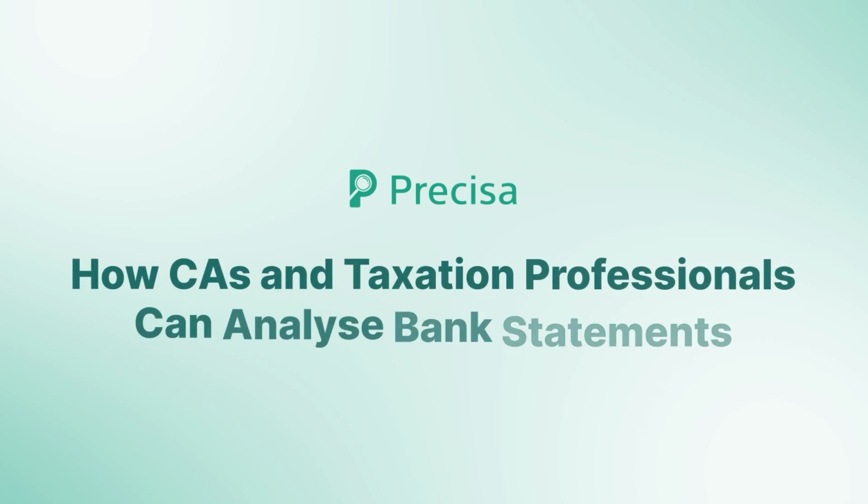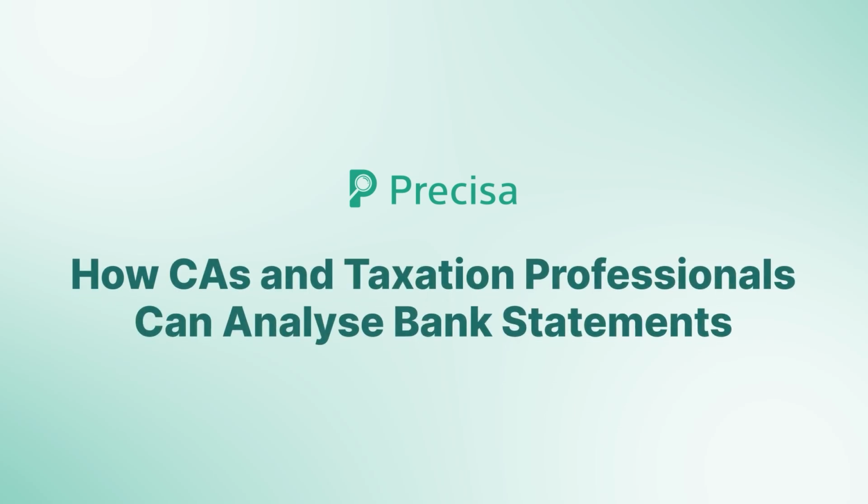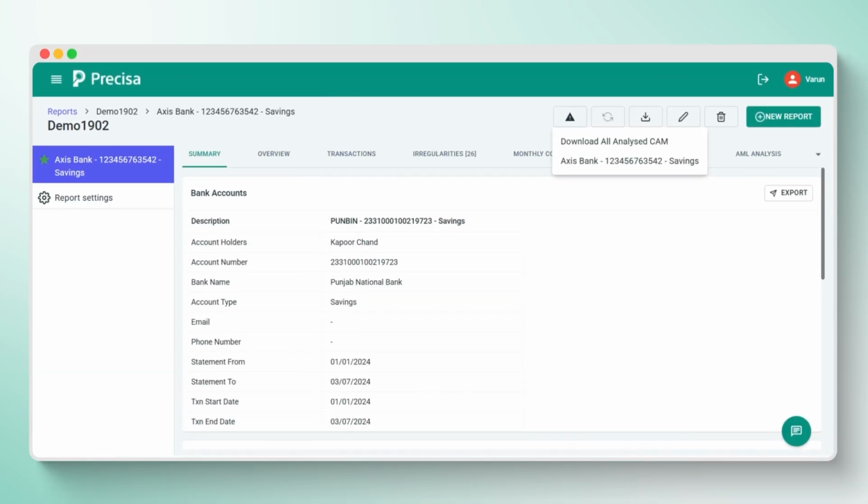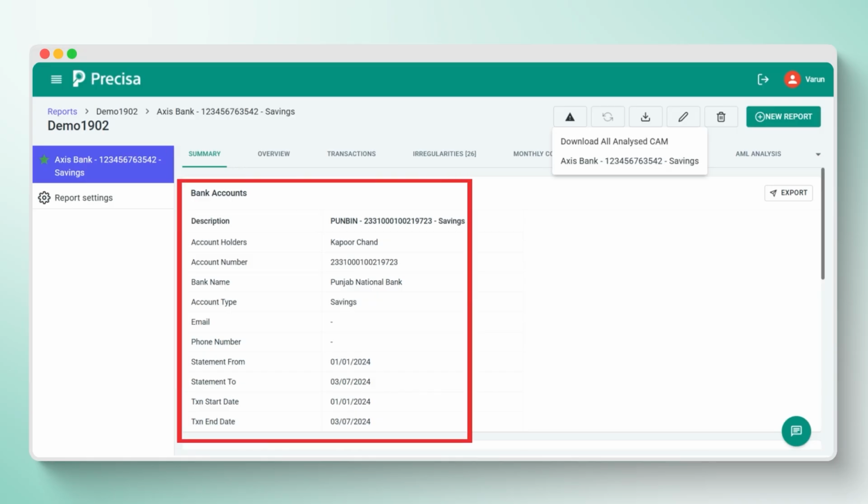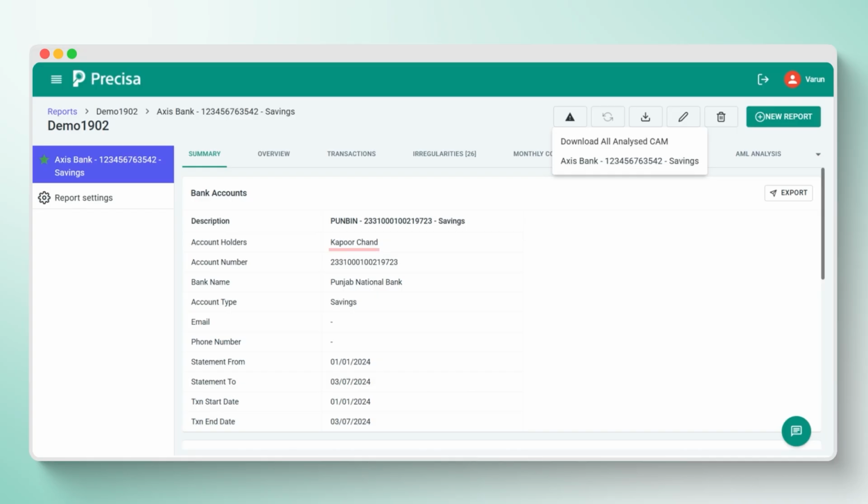Welcome. This video provides an overview of the bank account analysis tabs and explains how CAs and taxation professionals analyze bank statements. After analysis, the summary details of the report appear by default. Here, you can view the basic bank account details like account holder, number, and statement period. Users can use the download option to download the Analyzed Credit Report (CAM) for the selected bank account in Excel